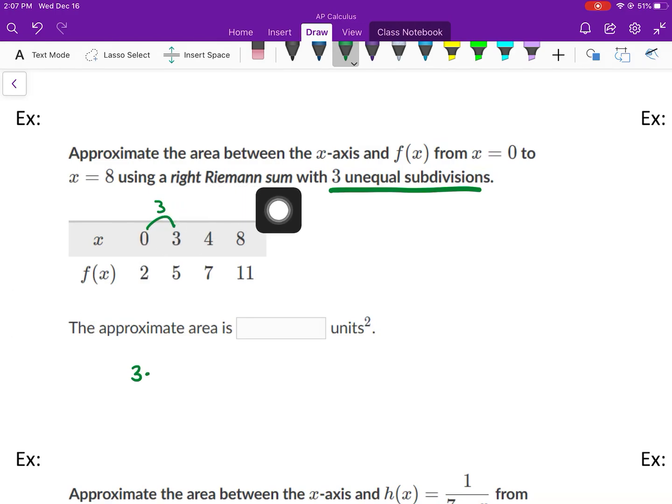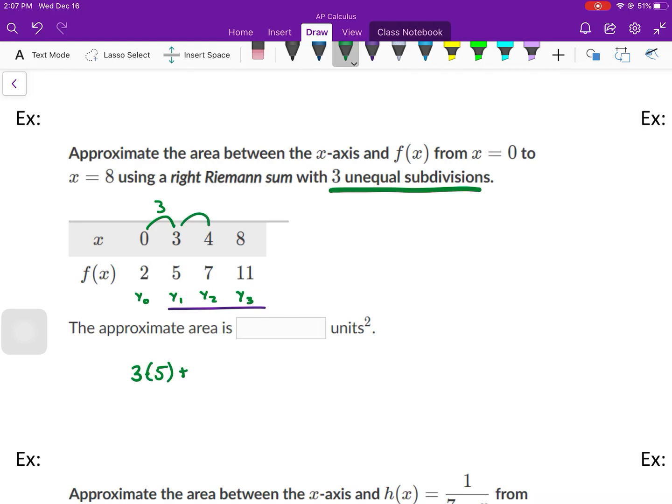Now, we're going to be doing a right-Riemann sum, 3 intervals. So what I'm going to do, this is y0, y1, y2, and y3. I'm going to be using the 3 values on the right. Since it's a right sum, I'm going to be using the right 3 values. So we're going to start with 3 times 5 plus